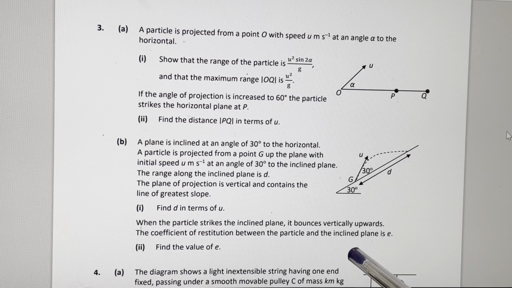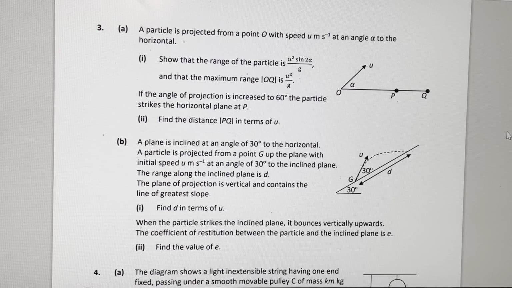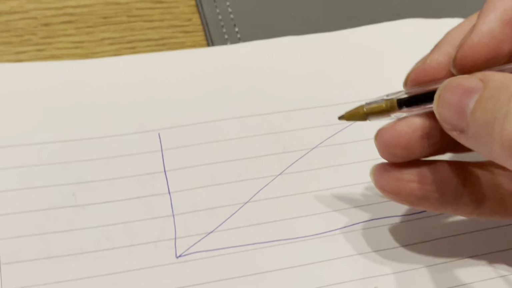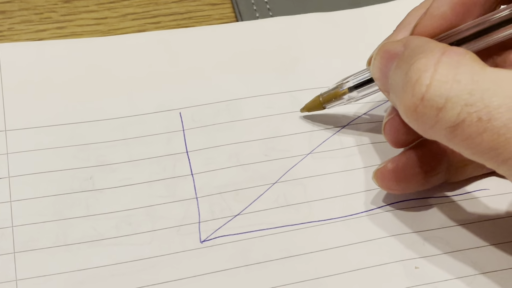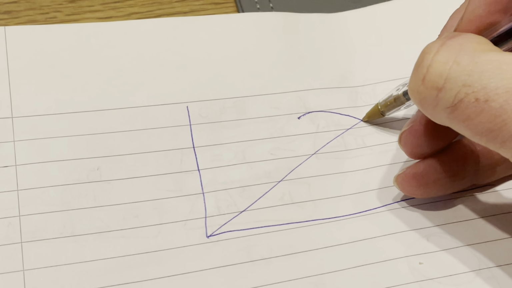This one bounces vertically upwards and the coefficient of restitution between the projectile and the inclined plane is E. Find the value of E. So if it bounces upwards, you just have to think about those ones, like the other one is striking the plane horizontally, stuff like that. But so if it's bouncing vertically upwards,